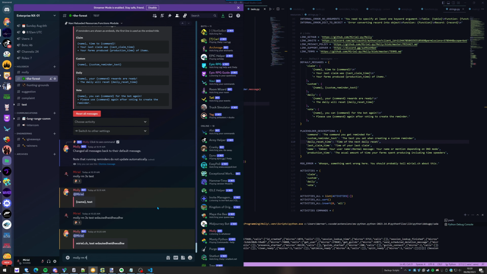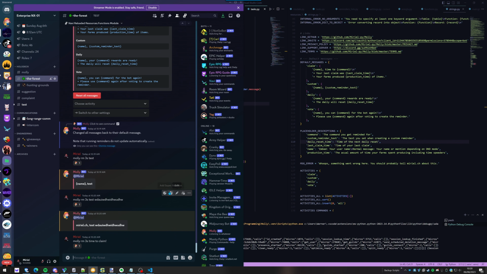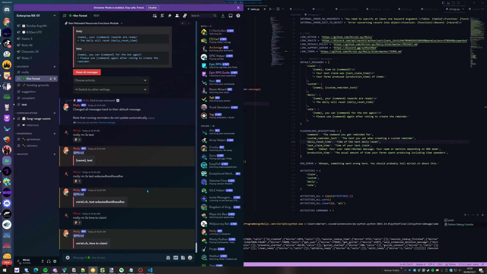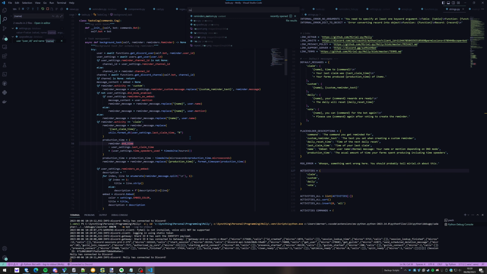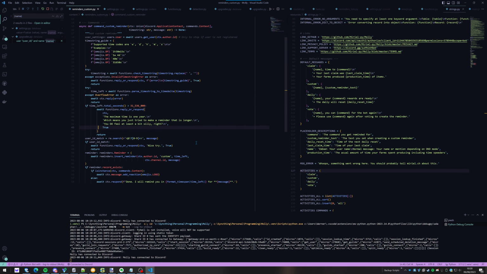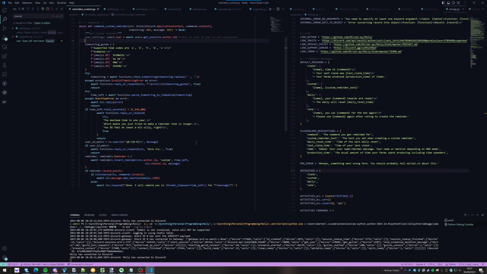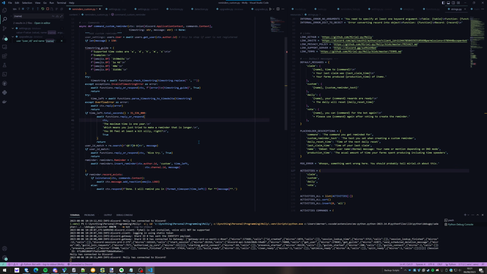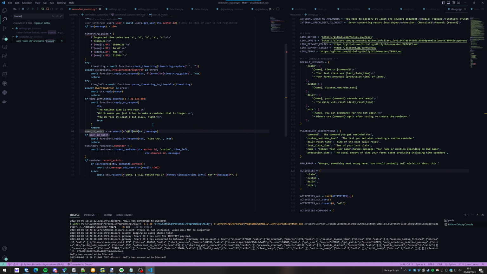So if I make something actually that's like time to claim, then you get something like this. I mean, it's not exactly beautiful, is it? But okay. So now what we need to do is make sure that this text is not too long. So time string replace. Let's just check it. If the message is over 150, by the way, that is also ugly. Then